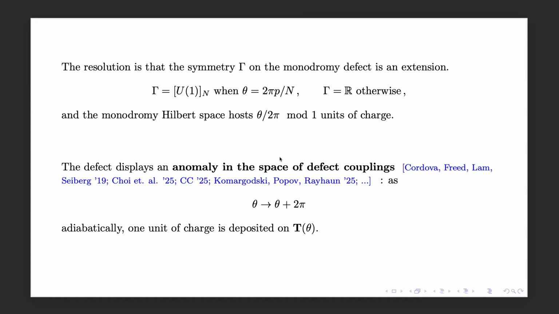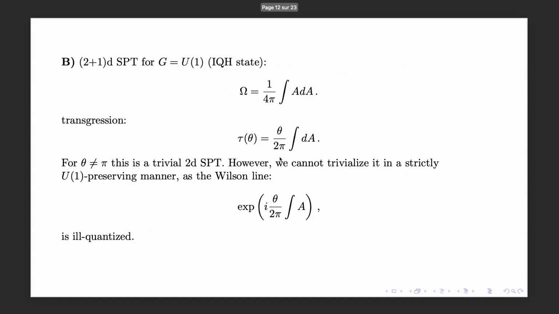Okay. And furthermore, because this continuous symmetry has a non-trivial pi 1, there is an anomaly in the space of defect couplings. This means that if I adiabatically change theta to theta plus 2 pi, I get a non-trivial effect on this monodromy defect T of theta, which in this case is the stacking of the integer Chern-Simons line. This means that in the Hilbert space of this defect here,